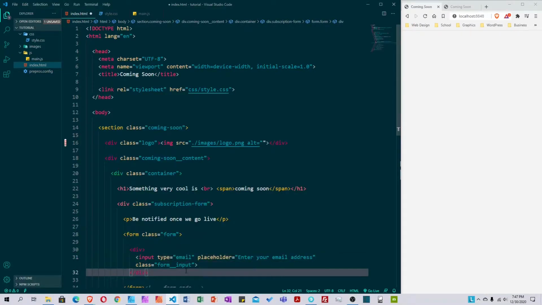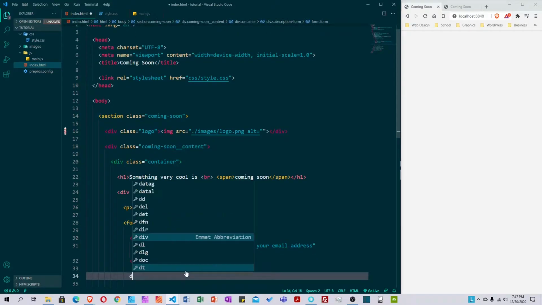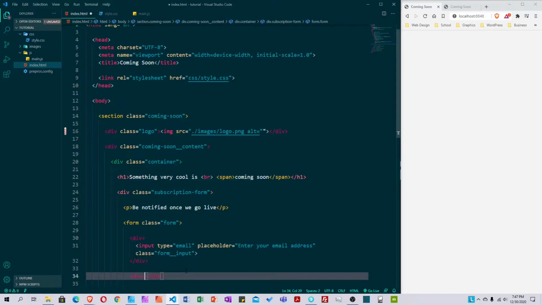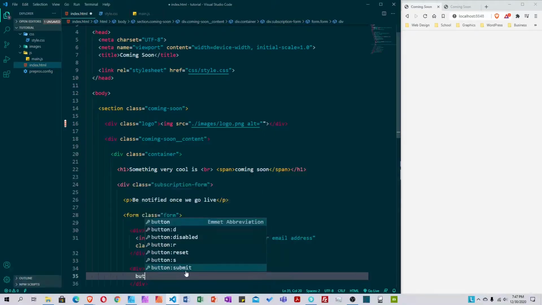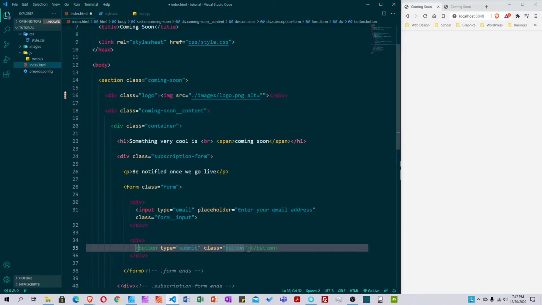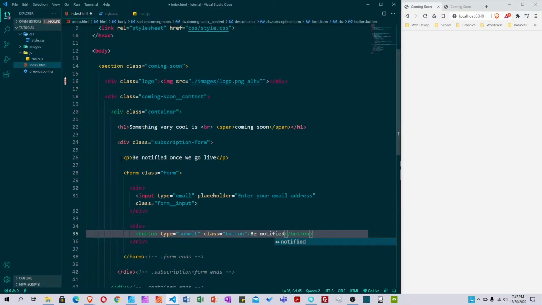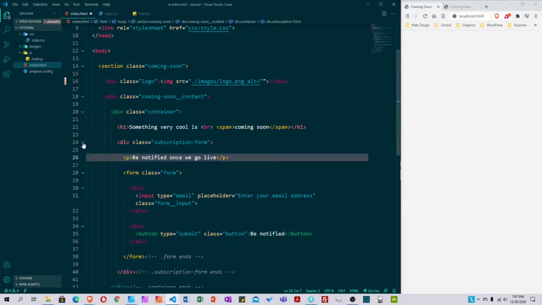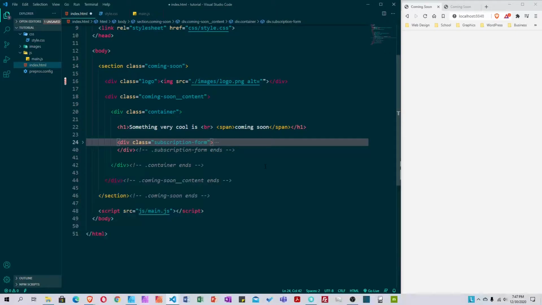And after this one, I will create another empty div with no class, and I put a button, type submit. The class will be button, and the text will be notify. So that's it for the form. So I'm going to collapse this subscription form. I save this. I see right here